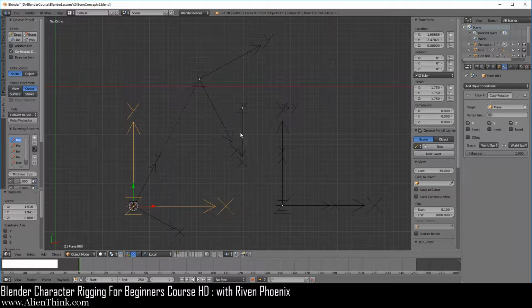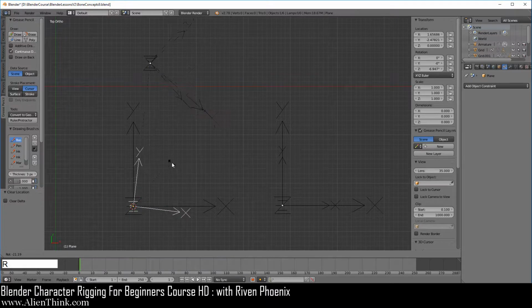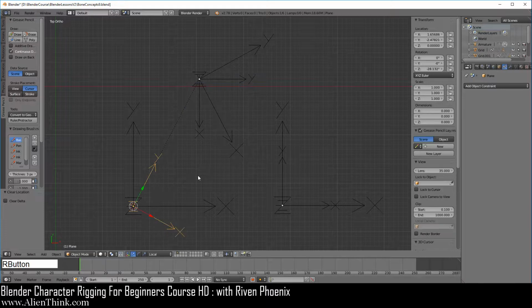Now you can see that this is actually pretty straightforward. What we have to do is click on this child, do Alt G to see what's happening, right? If you click this, press the R key, you'll see that the child is doing the same thing. But because it's rotating at the same time, it also rotates. Okay, so that's the first part of this concept.